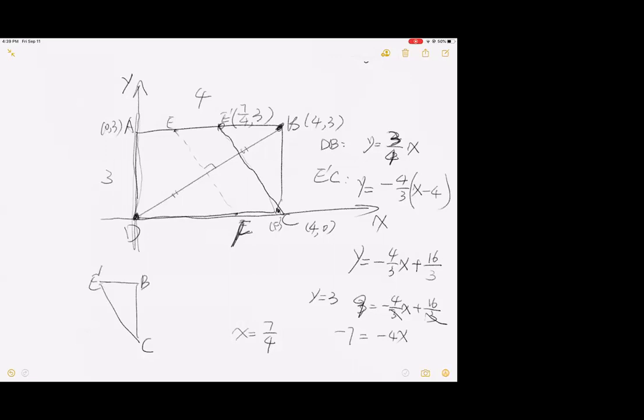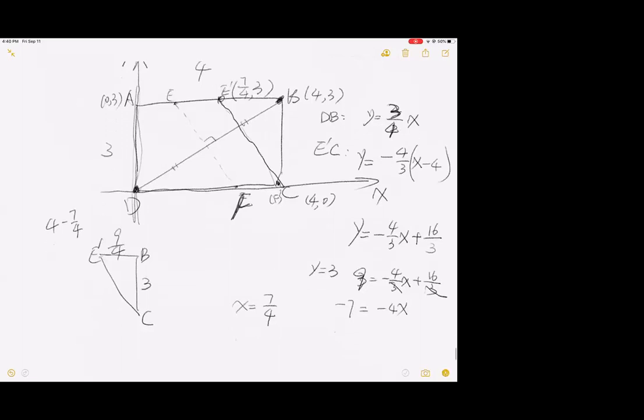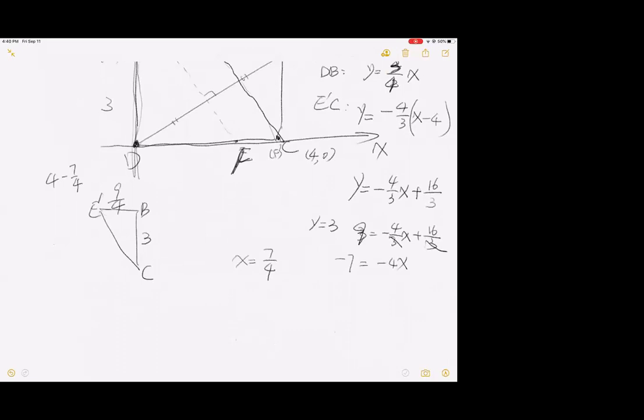Line segment E prime B has a length of 4 minus 7/4, which is equal to 9/4. And then line segment BC has length 3. So using the Pythagorean theorem, E prime C is equal to the square root